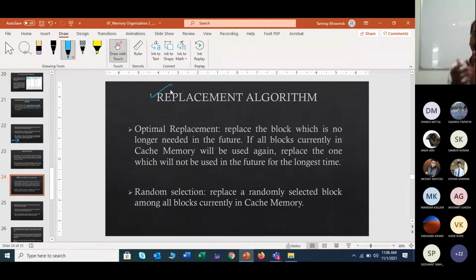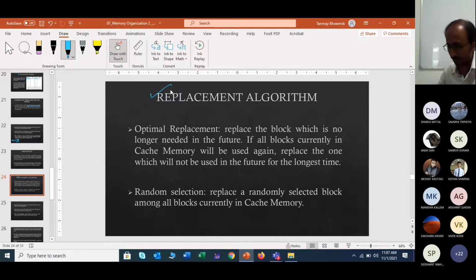Okay, so now here again you will read some replacement algorithms. And what is a replacement algorithm actually? Whenever you are using a cache memory or anything like this, you are using a short memory storage, not a very big one.